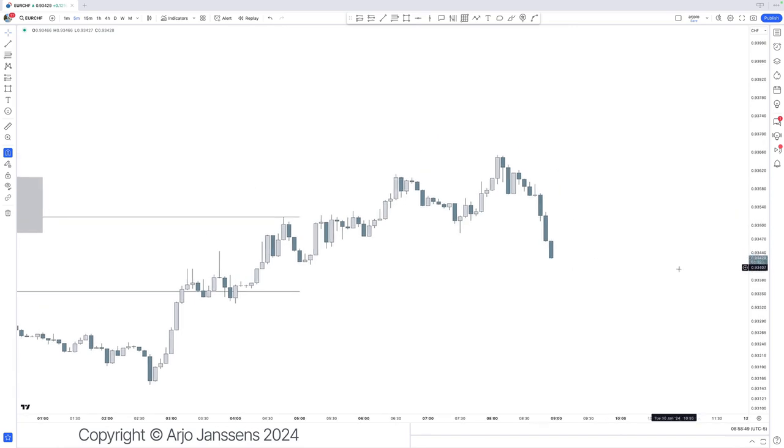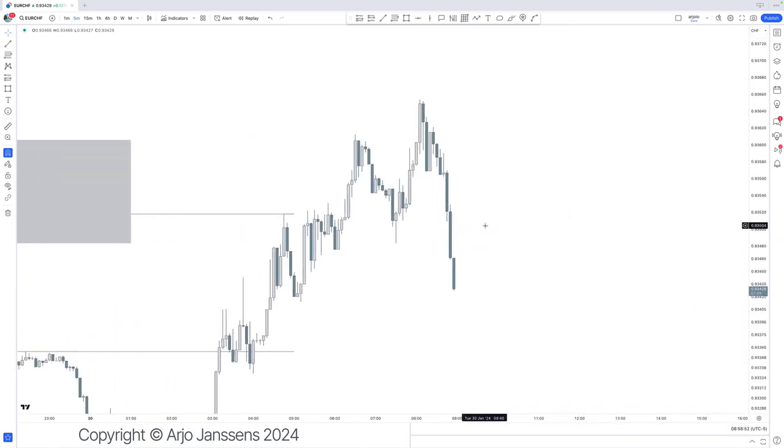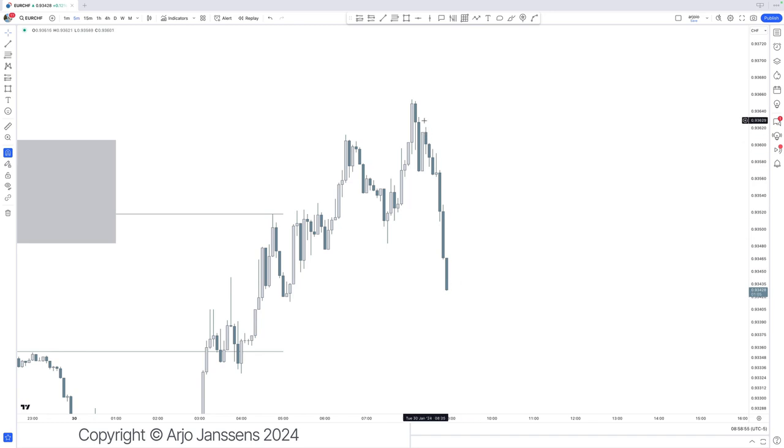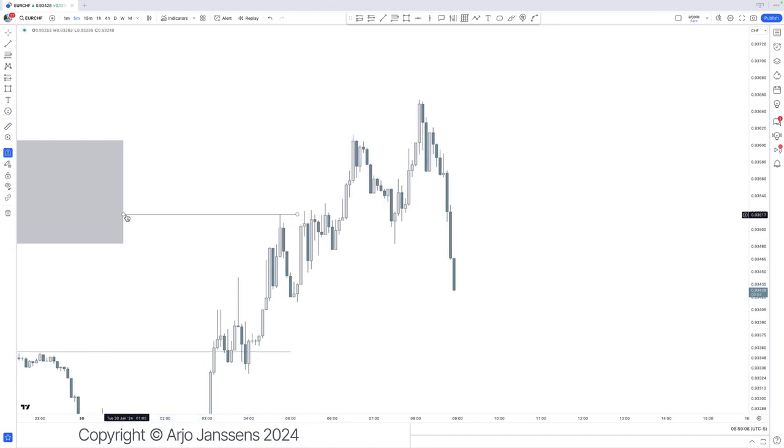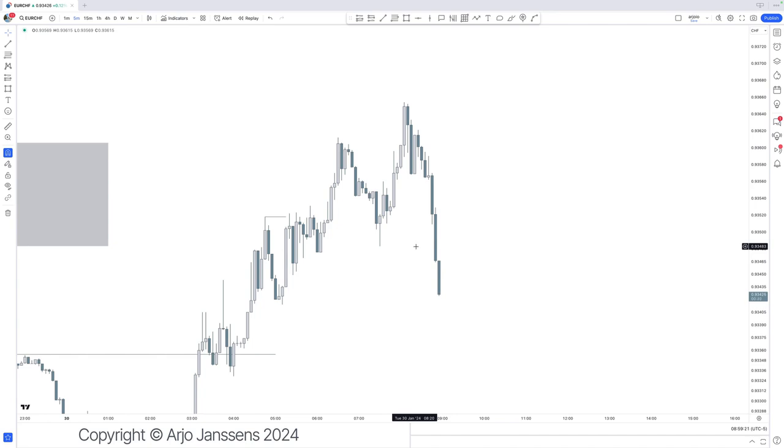So if we dive into the 5 minute, actually, let's see, what are we seeing right here? We have a nice continuation lower overall right here, although we do not have any trades back into a fair value gap. And this is something that we are going to go over as well. And I can already briefly touch on it right here. When we have fair value gaps going in one direction, the first fair value gaps that are being created like this, just because we have a lot of fair value gaps going into our direction does not necessarily mean it is high probability. When we have the first few fair value gaps being created and we trade back into them